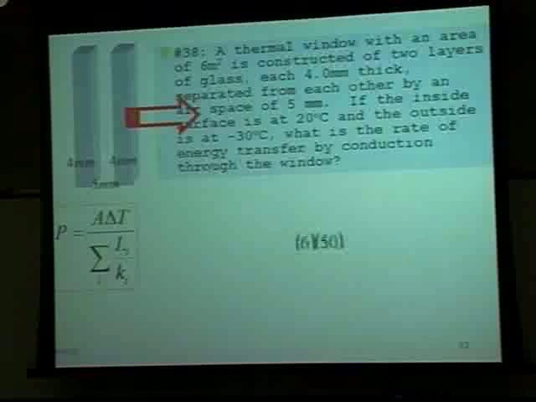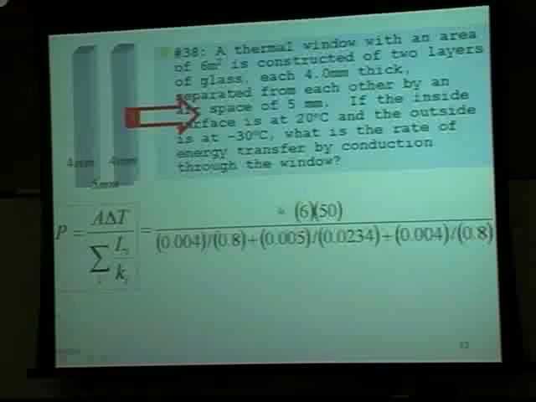But in this case, we would have 6 square meters, change in temperature between the inside and outside at 50 degrees Celsius. For the window part of it, we have a length of 4 millimeters divided by the thermal conductivity of glass, 0.8. And then for the air, we have 5 millimeters divided by the thermal conductivity of air,